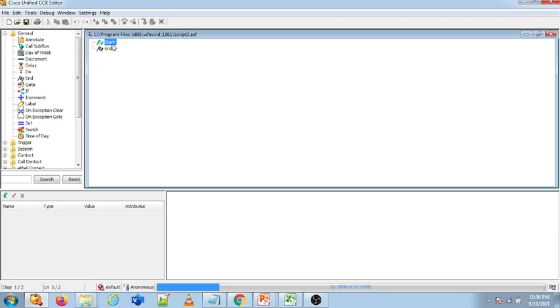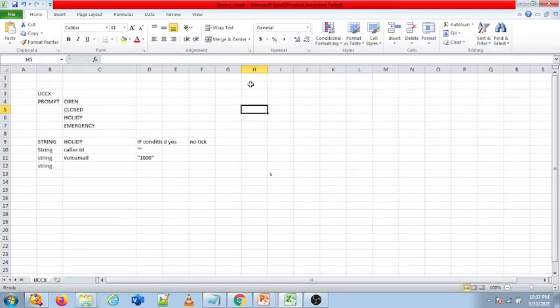First of all, before creating any UCCX script, do one thing: take an Excel sheet and define all the parameters and all the variables that you are going to use. Suppose in my script I want a menu to be played, like welcome to Sunrise Learning, how can I help you. If you want to talk to an agent, press 1, press 2. It means giving options to the customer. Option 1 for English, option 2